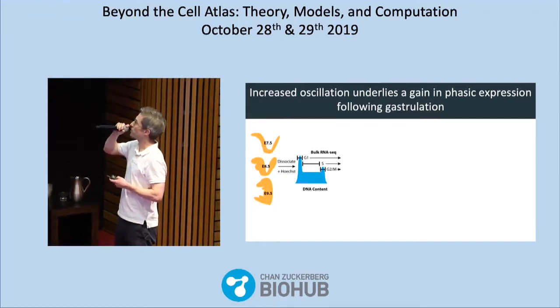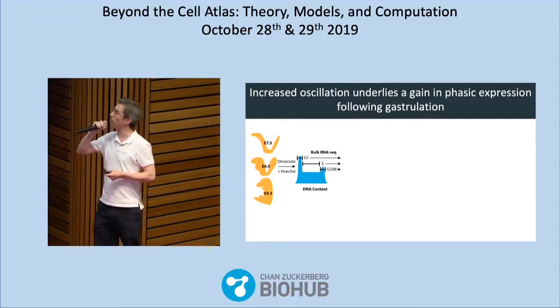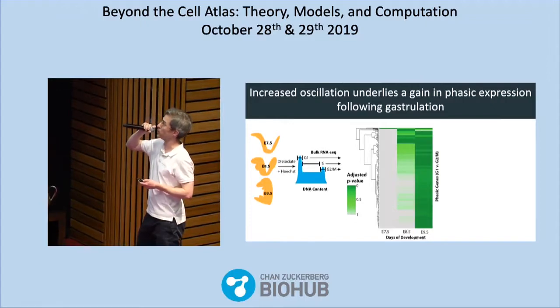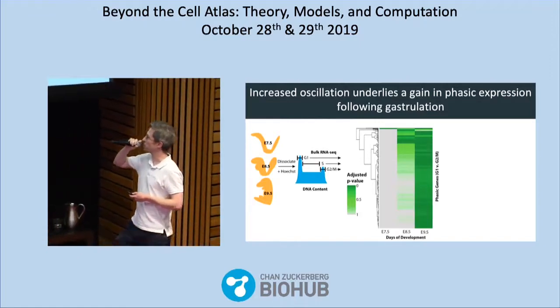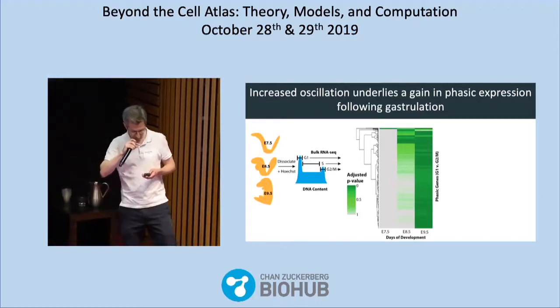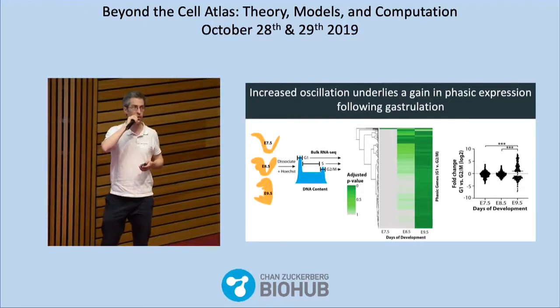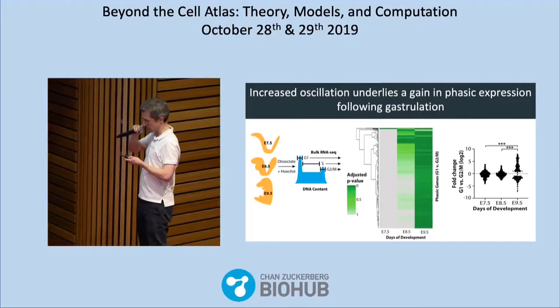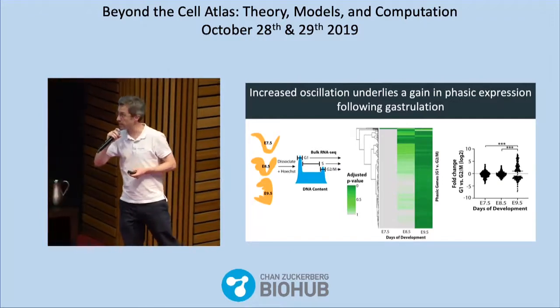We did that by sorting individual cells into different phases and then doing differential expression. When we did that, what we saw is a dramatic increase. Each row is a gene. The green ones are significantly differentially expressed between G1 and G2/M. What you can see is there's a dramatic increase in the amount of differential expression between 8.5 and 9.5. This does not relate to de novo expression. The genes that are phasic at 9.5 are expressed at 7.5. It's just a change in the regulation. You see an increase in the fold change of these genes at 9.5 relative to earlier stages.